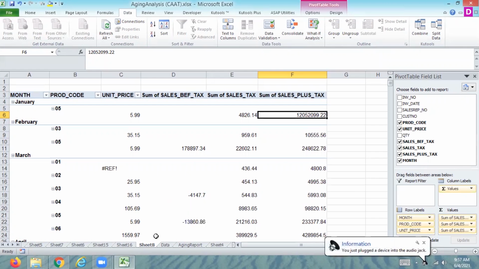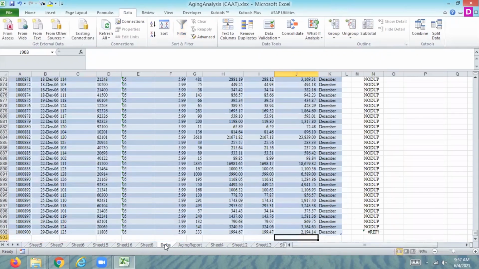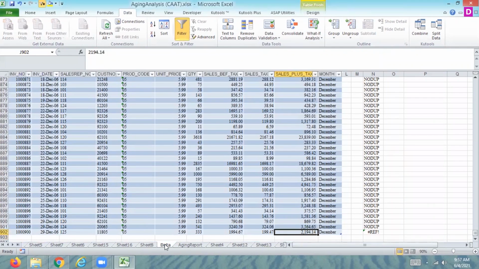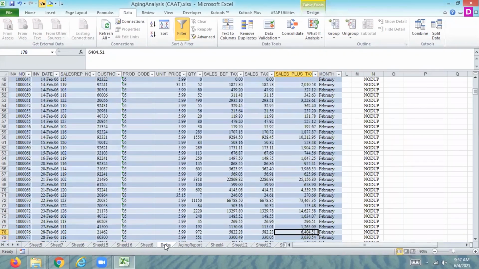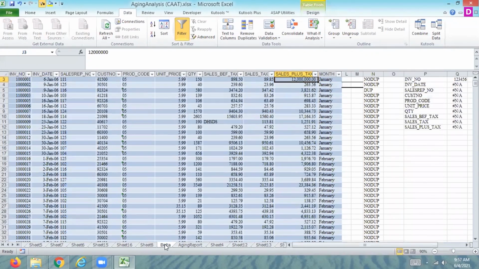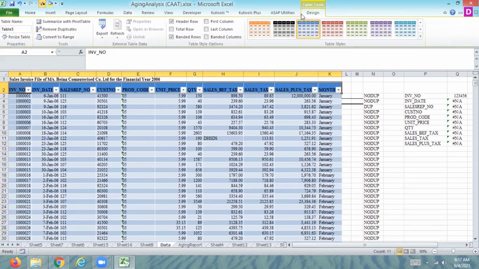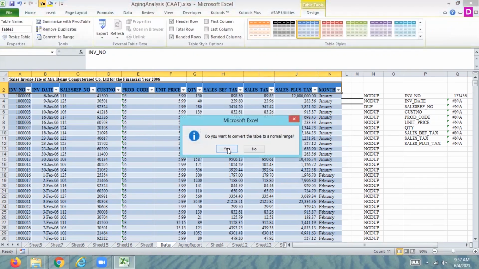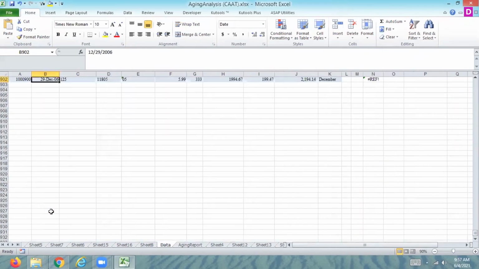For example, if I am adding a new row of new data here, this is first converted to a table. Yes, this is converted to the table. If I change any value, okay, it is updated. If I have not converted this data to a table, for example, through Design and Convert to Range, then it will be converted to a range, right? Now I will add the data. For example, if I am adding this data,